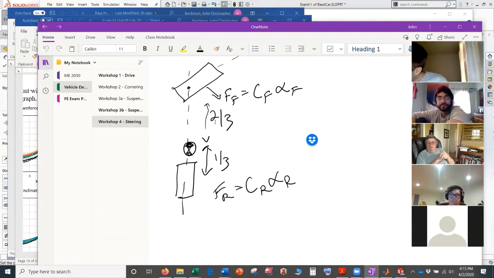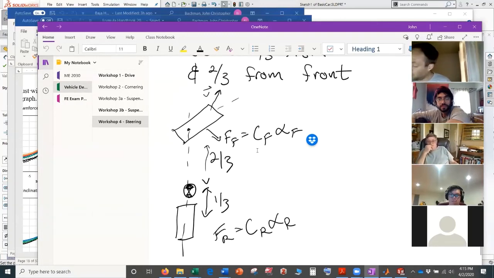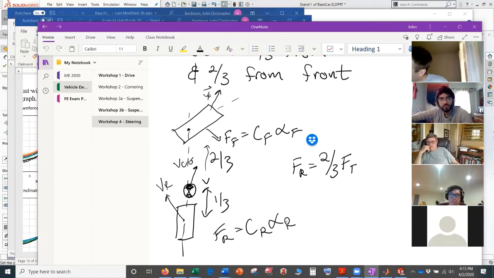So in this case, we have some velocity of the front. We have some velocity of the rear, right? And then you have the velocity of your CG. Okay, but in this case, we said the force on the rear must be equal to 2 times the force on the front, right? That's because this is half as far away as this, right? Okay, so